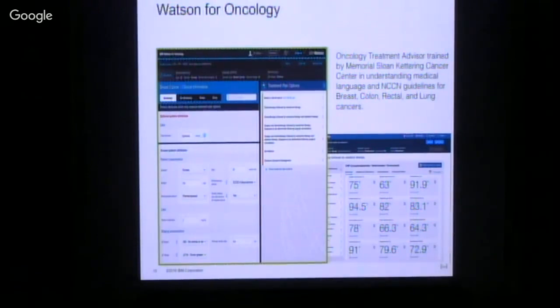It's called Watson for Oncology, something we worked on with Memorial Sloan Kettering. It currently covers breast, colon, rectal, and lung cancers, and we're now rolling it out to many more cancers that we will finish up this year. Basically, it learns from the top oncologists at MSK in terms of understanding all the factors involved in prescribing a treatment to a cancer patient. We worked with their past cases and their outcomes to build an application that any oncologist in the country and in the world, we're selling this everywhere around the world,